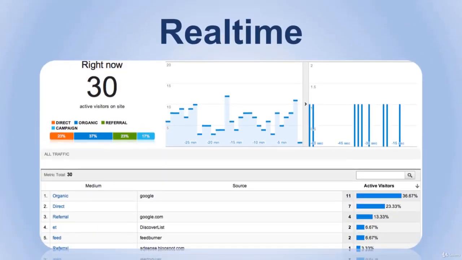And the final tool we have, we're going to discuss the Real-Time tool. This one gives you a real-time report on how many people are currently on your page, while also telling you how exactly these people discovered your website, whether it's via organic search or directly visiting the website and the other methods you already know about. And it also gives you the time that these people have been staying on your page.